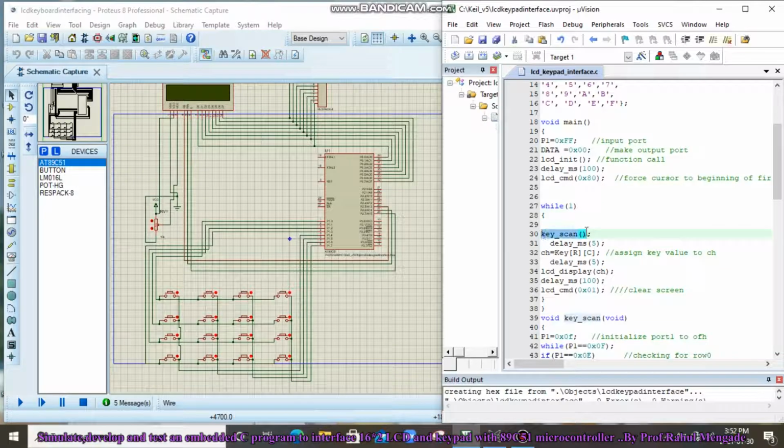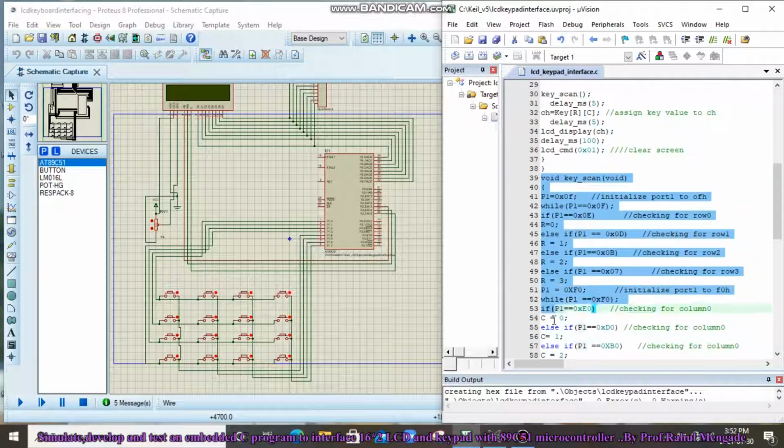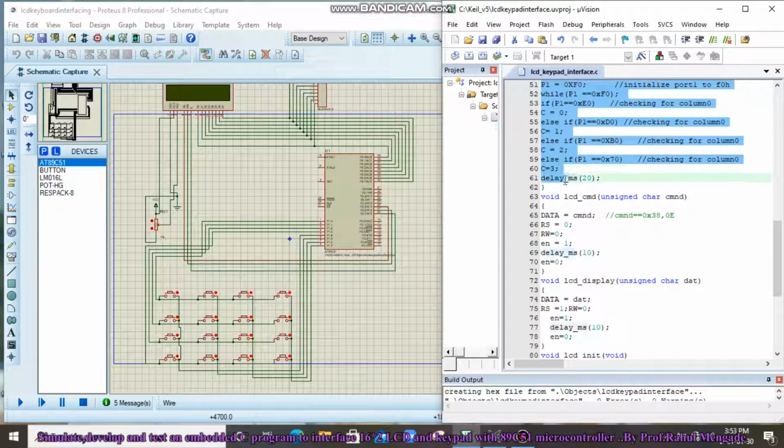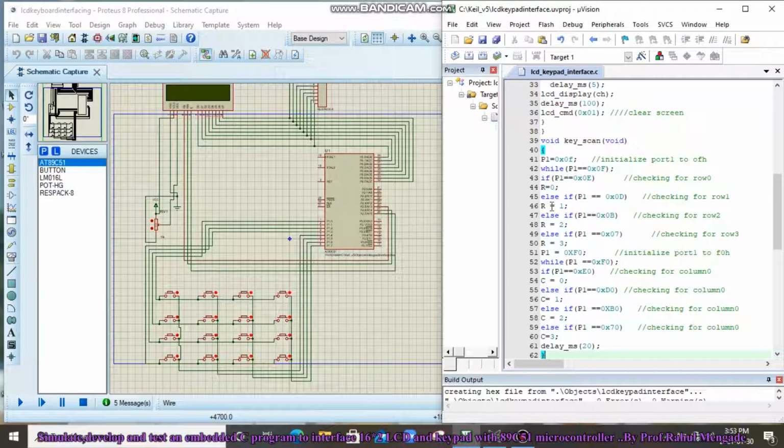Then again key scan, one more user defined function, is called, so the program will come here and execute this function. First we are making P1 equal to 0x0f, correct? While P1 is equal to 0x0f, if P1 is equal to 0x0e, that means row 0 is selected.